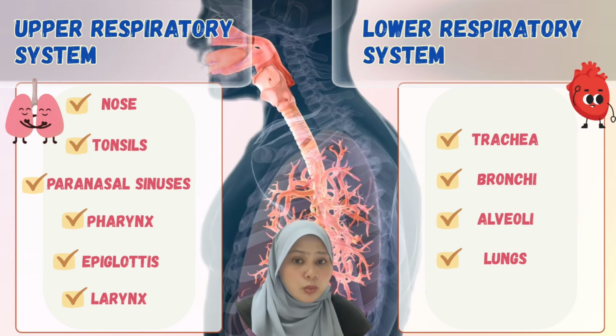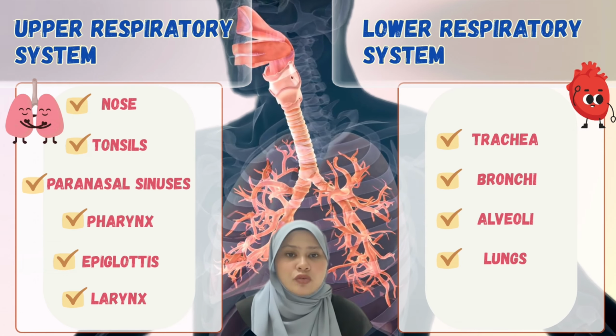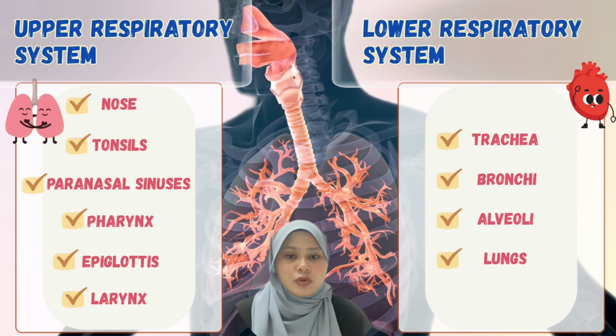Moving on to the lower respiratory system, which includes the trachea, also known as the windpipe, which carries air down to the lungs, the bronchi, which are two main branches that lead into each lung, the alveoli, tiny air sacs where gas exchange happens, and the lungs, which are the main organs of respiration. Each of these parts plays an important role in making sure oxygen enters our body and carbon dioxide is removed